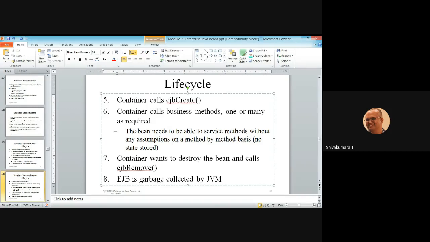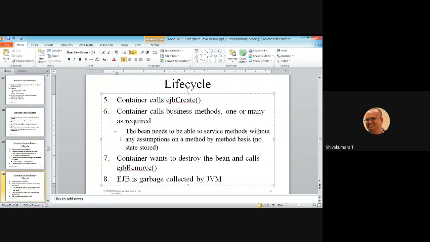The bean needs to be able to service methods without any assumptions on a method-by-method basis. So no state is stored and there is no assumption concept. The data that comes from one method and is sent to another method carries no assumptions. It is purely based on the client request, because this session bean won't maintain any state between calls.